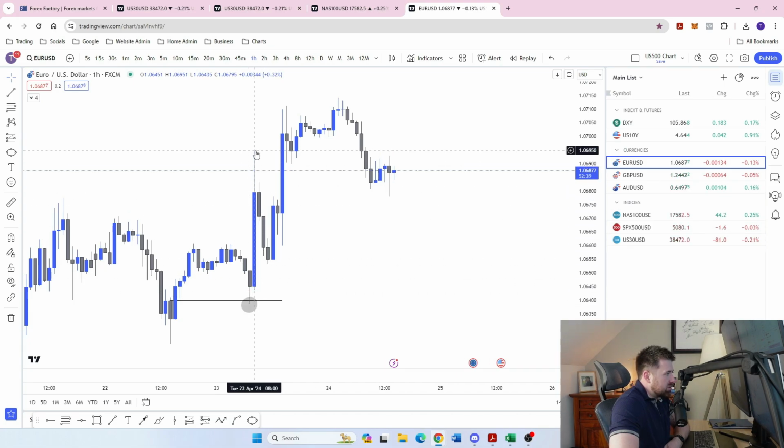Huge push to the upside, clear target of liquidity, which is right here. With the benefit of hindsight, you can see price come back down and then push higher again, but this is not the entry. Okay. This is not the entry. I want to show you a really awesome entry because price comes into here just at the